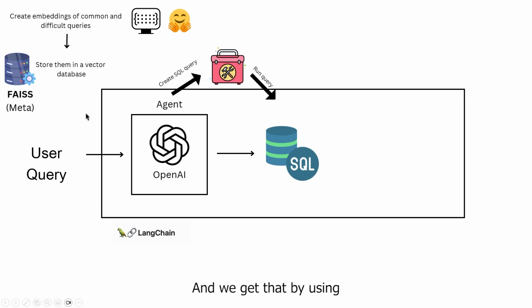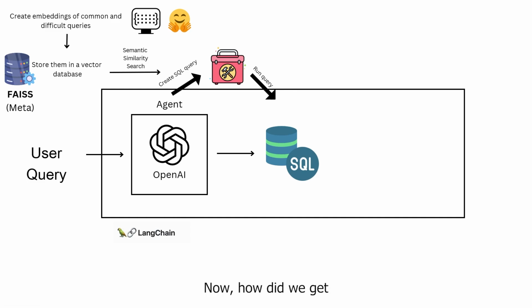And we get that by using something called semantic similarity search, which just retrieves everything from the vector database that it finds relevant to the user query. Now, the ChatGPT model has some reference point, so it can make the SQL queries faster, and it has a safety net if there's some sort of hard query by the user. Now with this, we have the first half of our process done, which is creating the query and